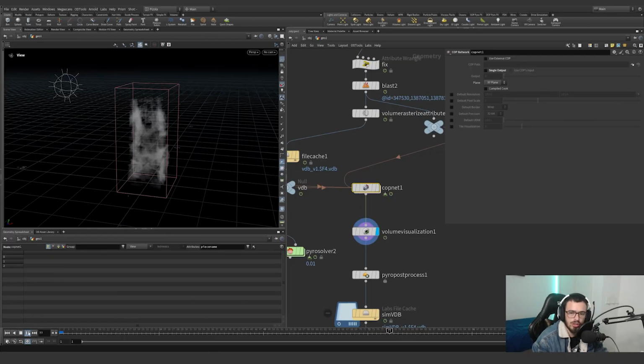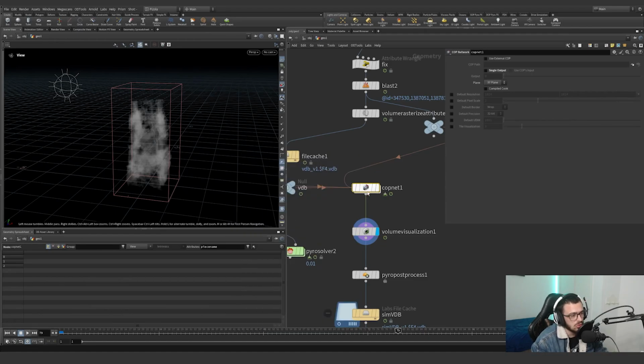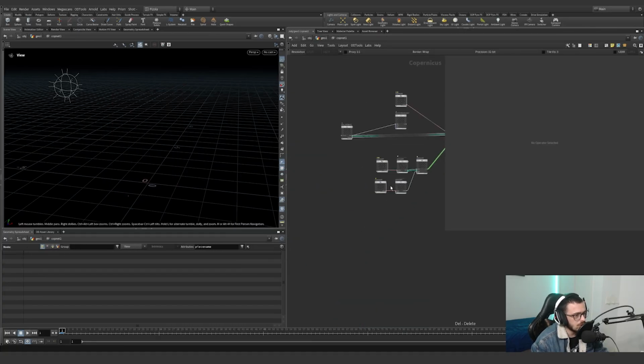So this is the simulation running. As you can see, it's nice in resolution, 0.01 voxel size, and it's already 180 by 330 by 180 roughly, so it's a nice resolution. And the way it was done was quite interesting. So I was exploring a little bit,